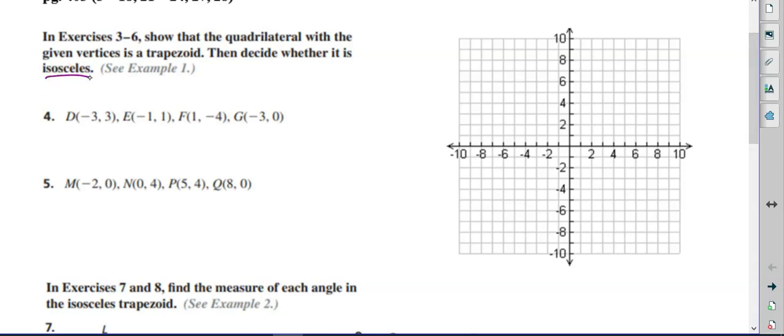So negative 3, 3. Negative 1, 1. 1, negative 4. And negative 3, 0. Okay, so clearly this leg, even though we don't make assumptions, clearly this leg and this leg are not the same length. So it's not isosceles, but we do need to prove that, let's see,